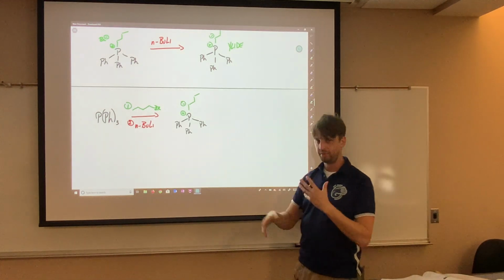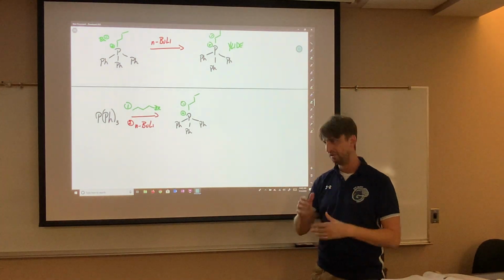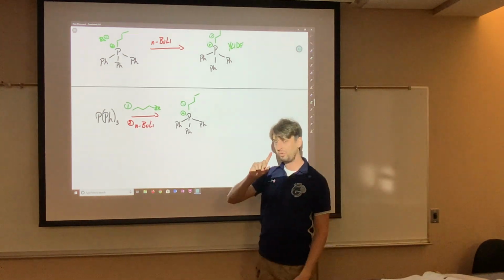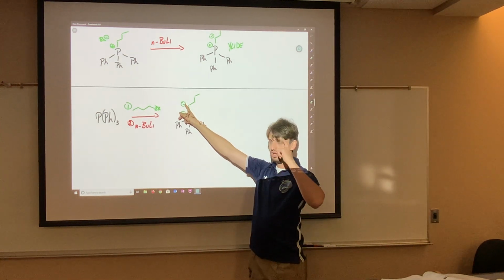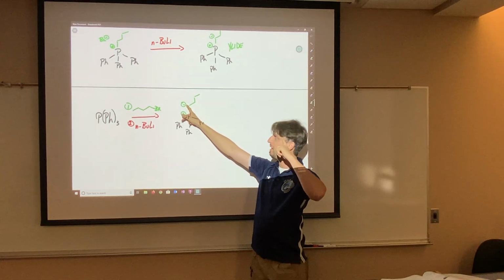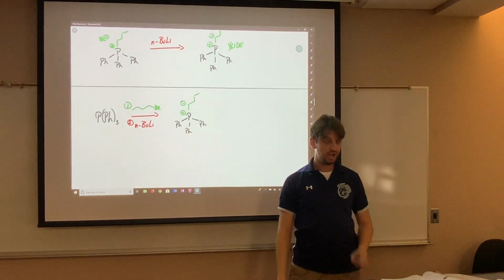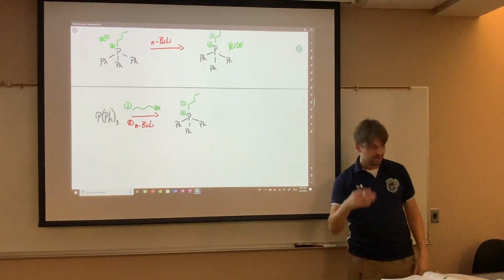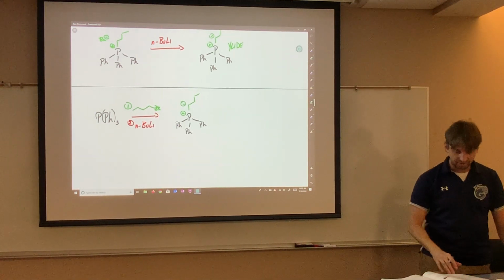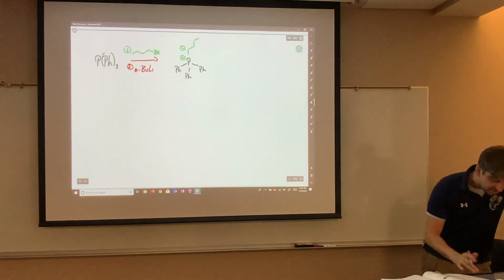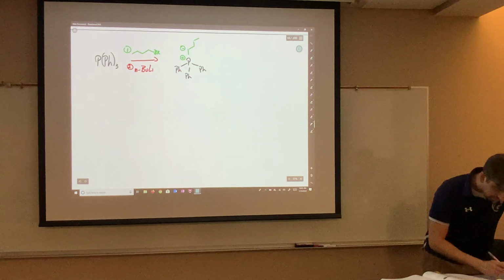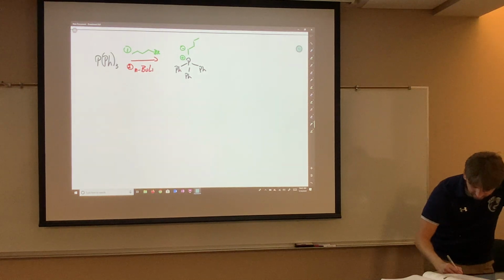So you guys will be able to explain why and be able to draw the orbitals that go with that, okay? But for the moment, understand that really what we're seeing here is a lone pair on that carbon. That's going to be important, because whenever you see a lone pair on that carbon, that's negative and that's going to go after something that's positive. So if we take our ylide there, our Wittig reagent,